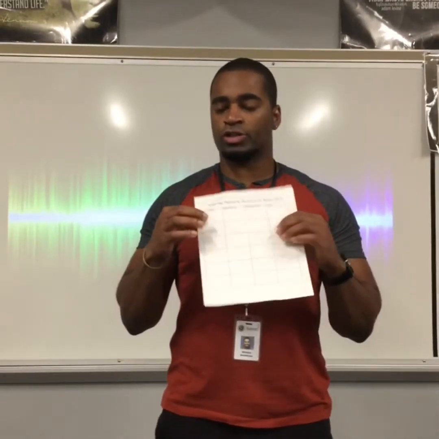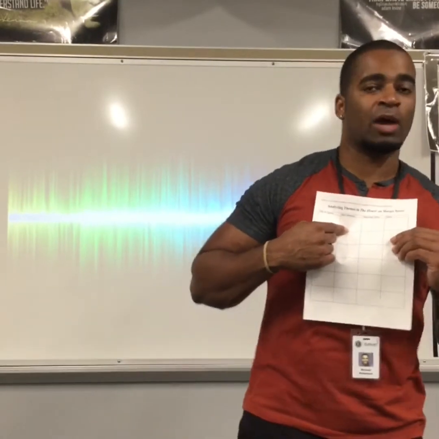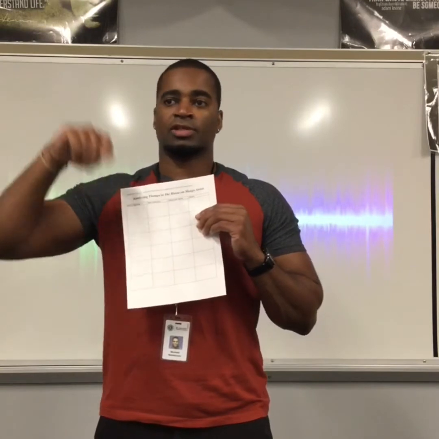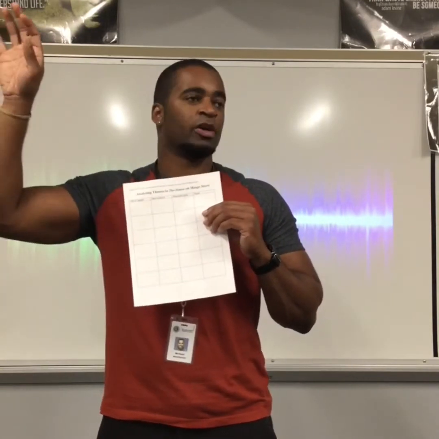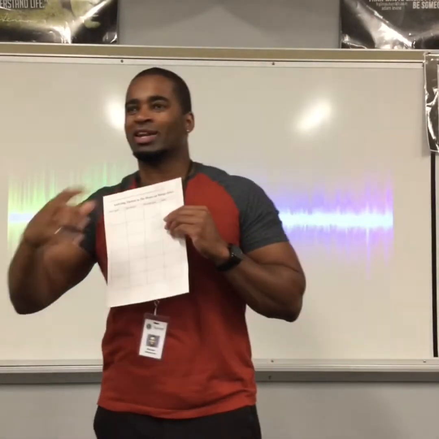So you're going to start off first, you're just going to write the title of the vignette in the first box, okay? Eventually. You can come back to that. Short summary. In the short summary box, what I want you to do is pretend for a moment I've never read this vignette. Okay, I'm somebody who has never read this vignette. I come to you and I say, what was this vignette about? I want you to be able to say, this particular vignette is about, you know, a girl who does something. Whatever it is, right? Something short, something succinct, but something that drives home the point, what it is basically about, that particular vignette. Everybody understands that?